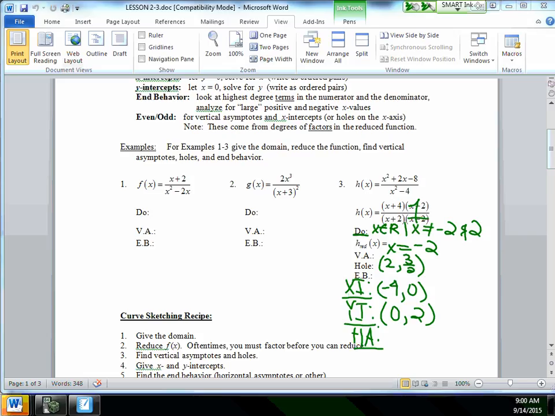Now at your horizontal asymptotes, this is all about the powers. You could look at the reduced, you could look at the original. It's going to be the same. X squared over x squared, powers are the same, so I take their coefficients, 1 over 1. So y equals 1. So those are all the important facts that we need to be able to graph these